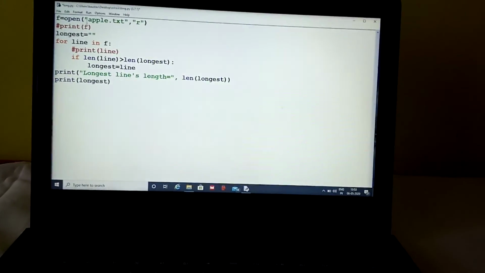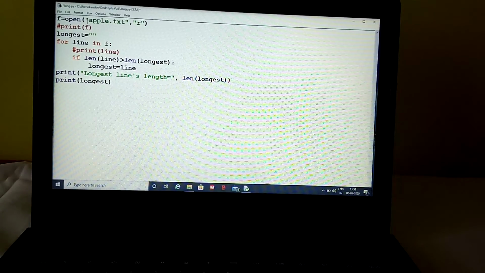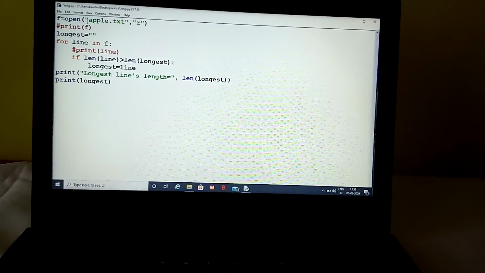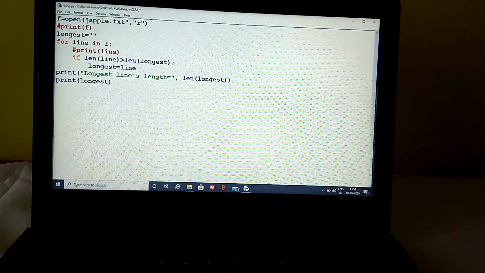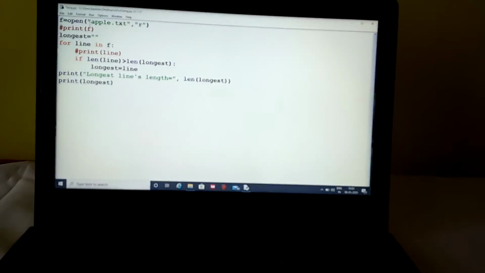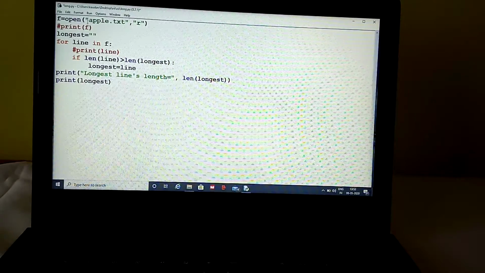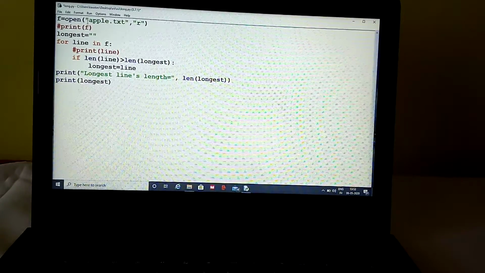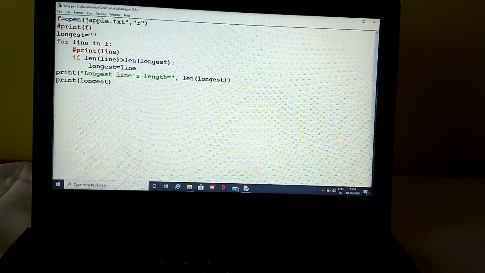All the functions that we perform on a data file are performed through the file object. Actually it is a reference. When you use open, Python stores the reference in the file object.